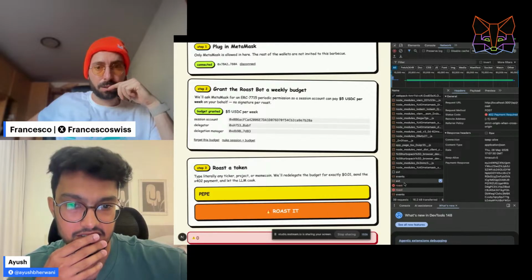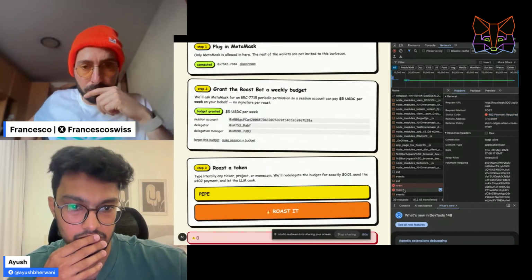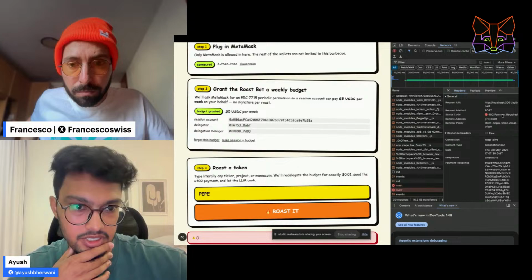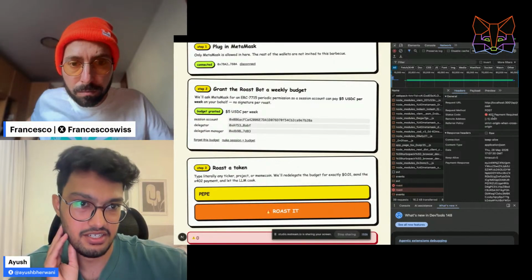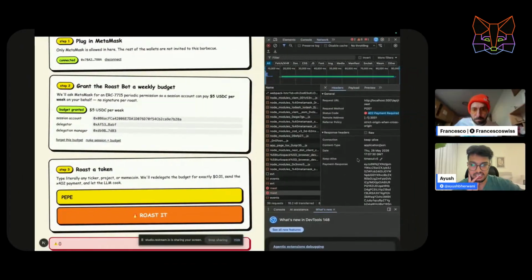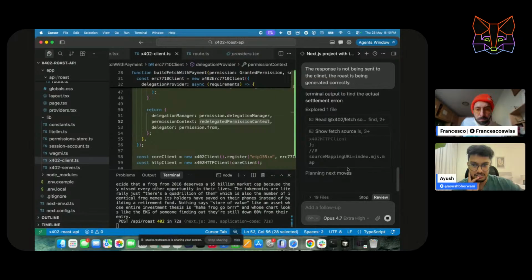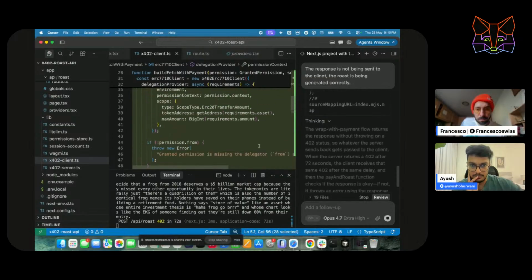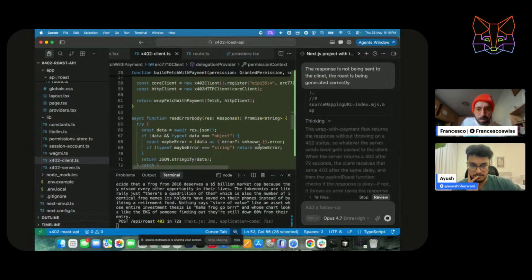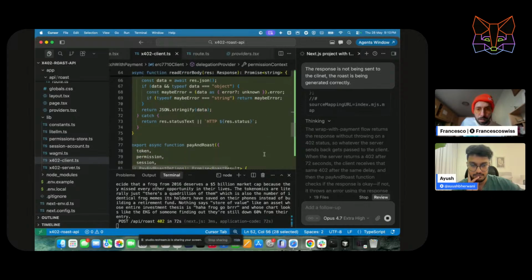If we see, once we got the 402, we build the payload and send it back, and we are still getting 402. That means either the verification part or the settlement part is failing. What is Cursor's reasoning telling us?